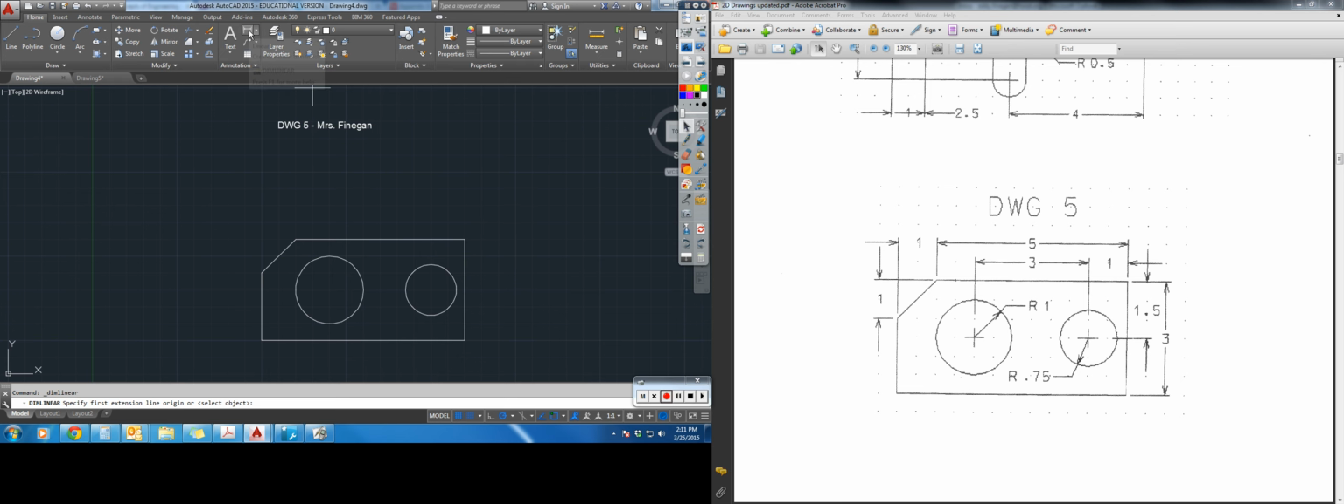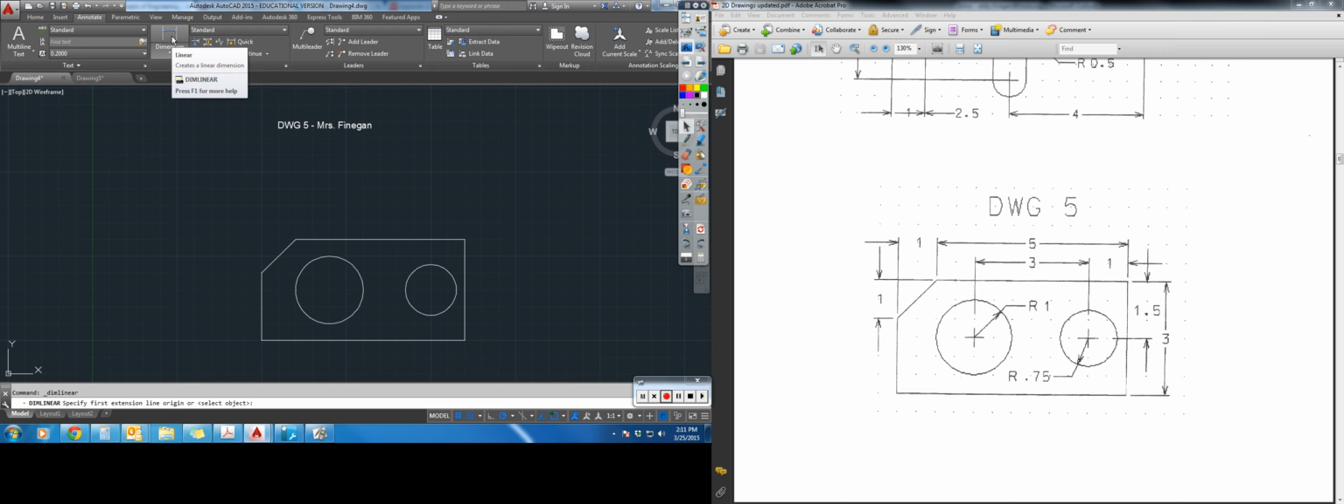So I'm going to select linear dimension. I can click here, or I can go to the annotate screen and I can select it here. It doesn't really matter which one you use. So the first thing I'm going to dimension is the distance between my two circles. And you'll notice that I get lots of zeros at the end. To reduce the number of zeros that I have,